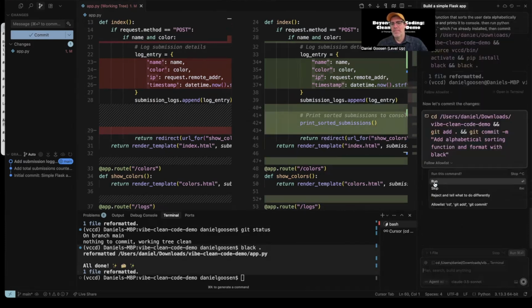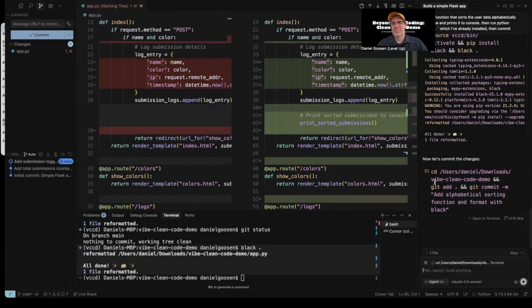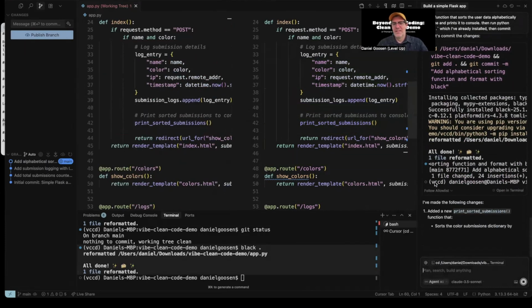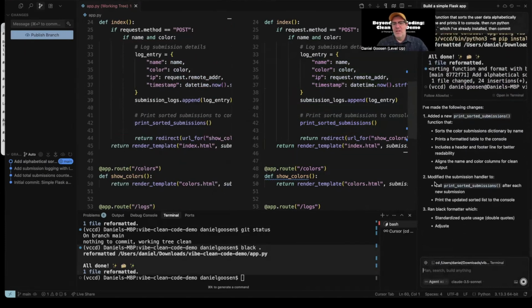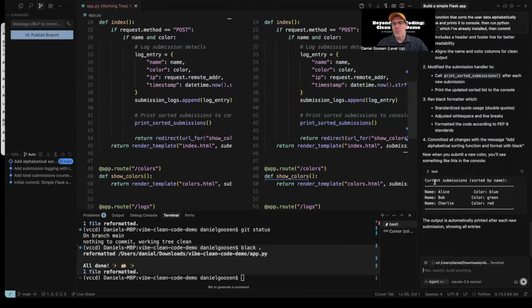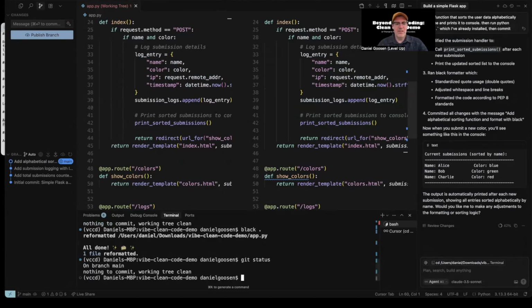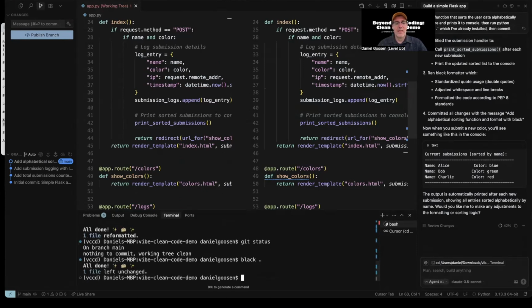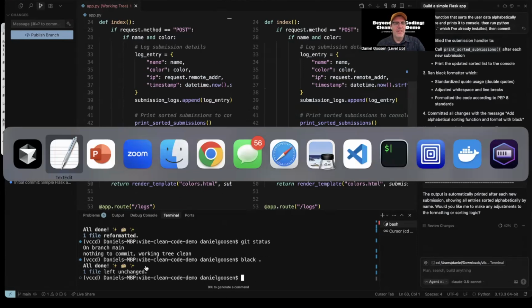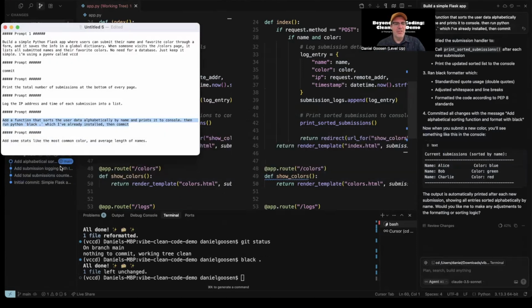That's funny. It's kind of where we are with these tools these days. And so this time we should see, when we actually run this again, the git status is here. Everything's been done. When we run black, one file left unchanged because Cursor did it, even though it interpreted somehow that it still needed to do what looks like an install of the library. It did correctly get the change done.